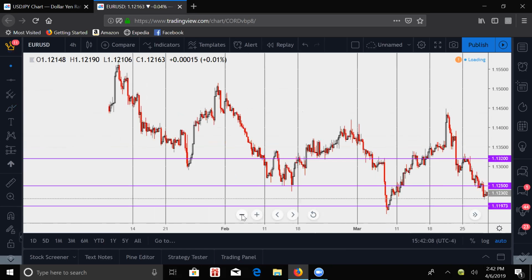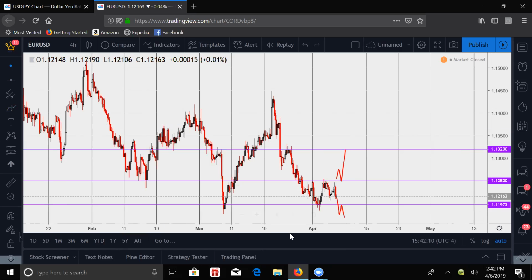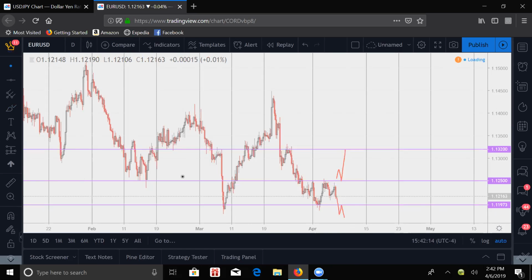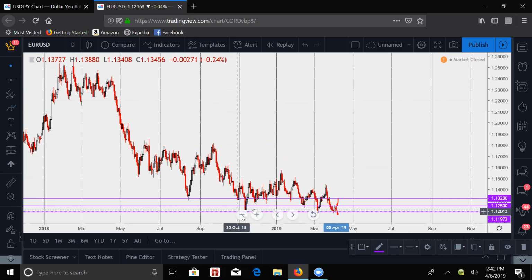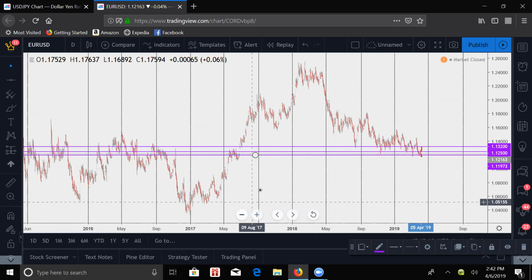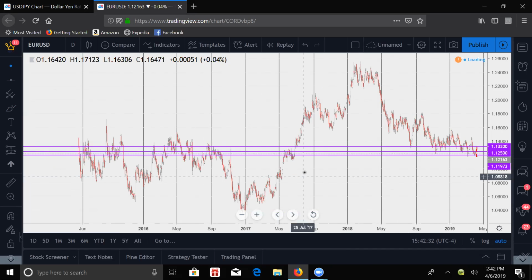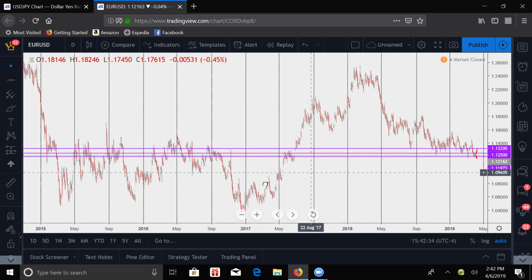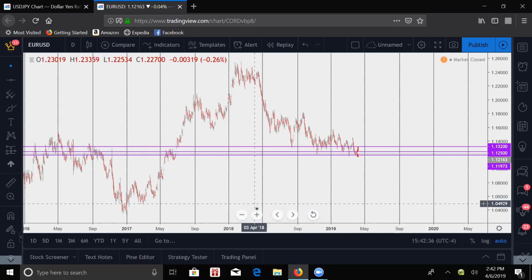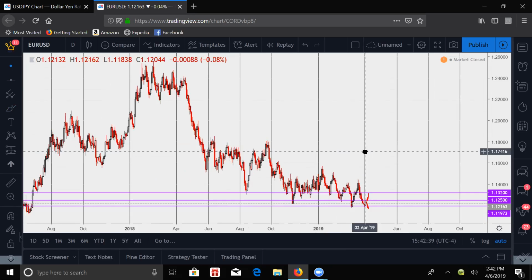And if it broke this level, honestly, this is, like I said, a very major level. If we go back and look, this level right here is pretty major. So if it breaks this level, then obviously it's a major downtrend, and we can go down for a decent while, to possibly,